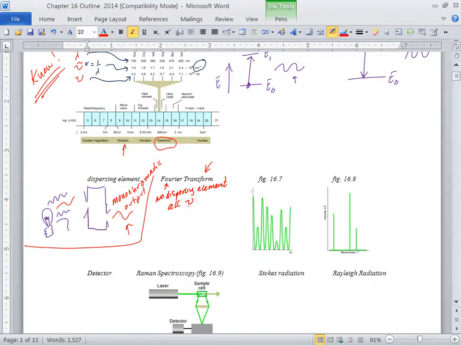All frequencies, same time. That's going to be a lot faster than a UV-vis or some other spectrometer. So what happens? Well, you have to have a signal. You have some signal that has variation in intensity